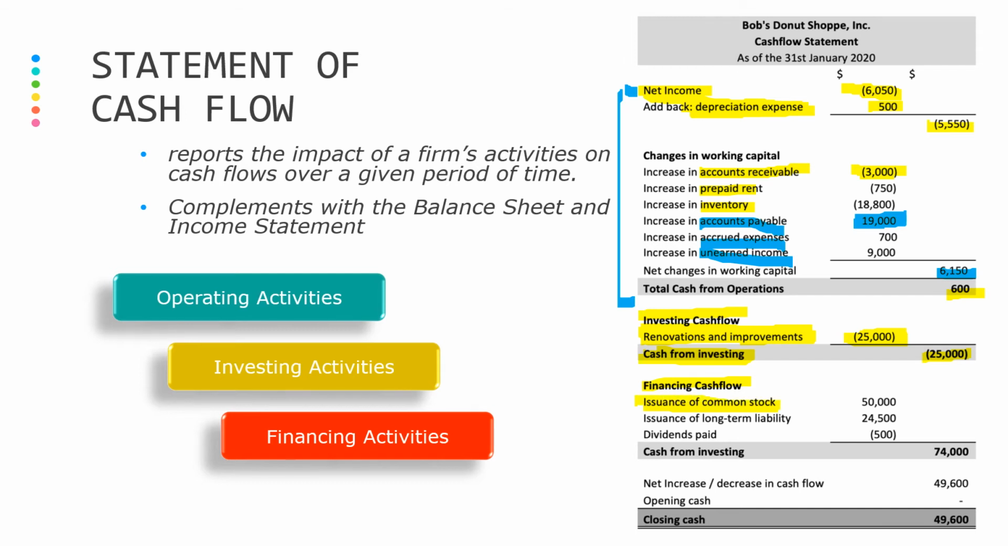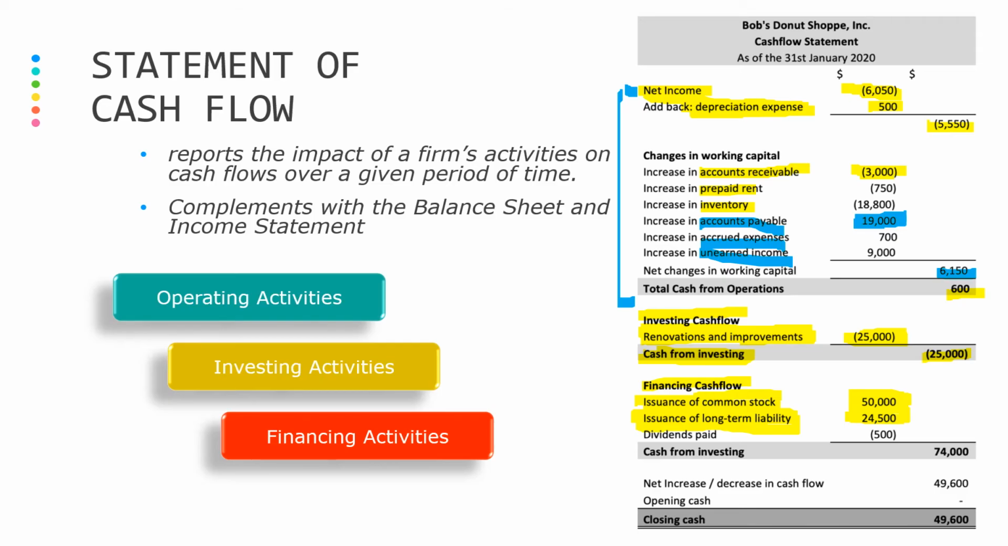Okay, now issuance of common stock. Basically, when there is an issuance of common stock, there is a cash inflow for the company. It receives cash from the shareholders. And then issuance of long-term liability. When the company issues long-term liability, again, such as bonds, the company generates cash from its bondholders. So a positive